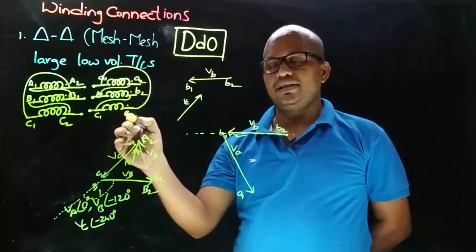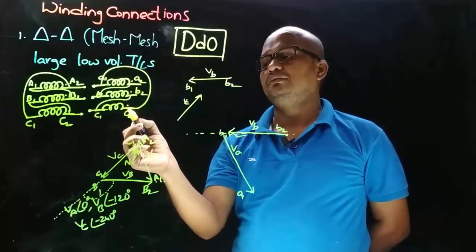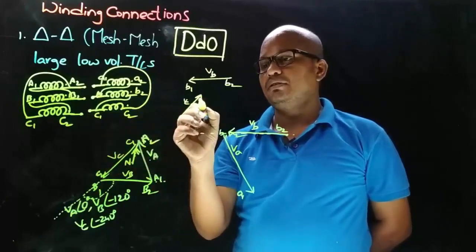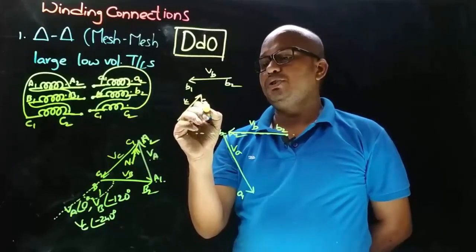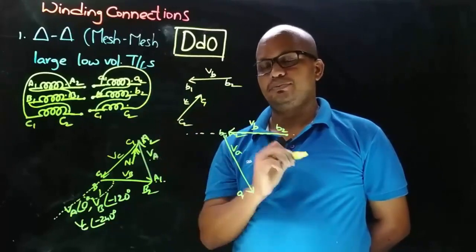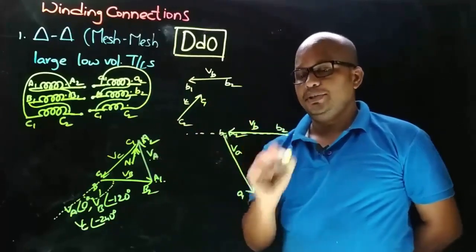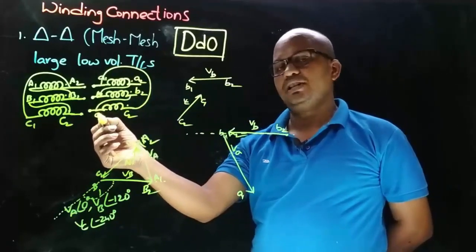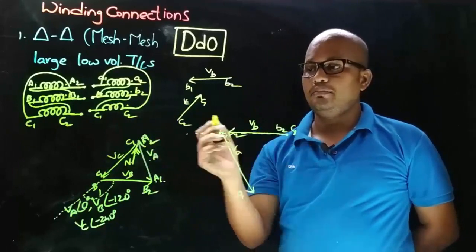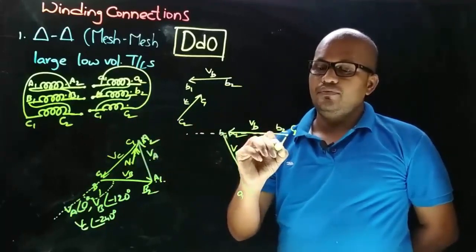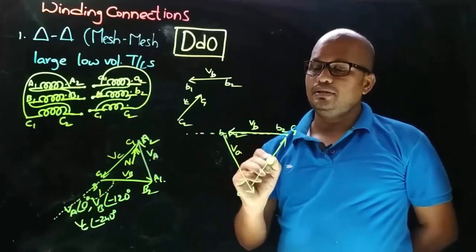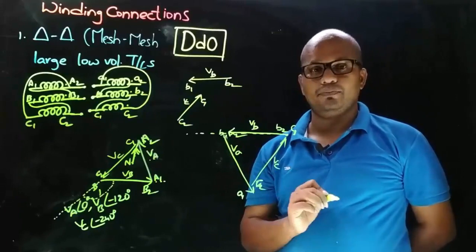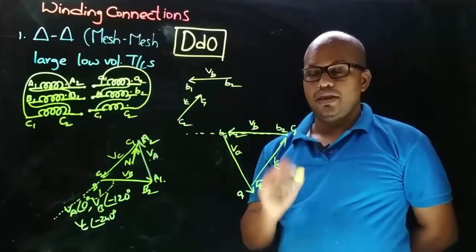And now let's decide the terminals of the secondary side VC phasor. On the secondary side the connection is taken from the non-dot end, which means the arrow will point towards C1. So this is C2. Now coming to this phasor diagram, to this B2, C1 is connected, which means C1 will be here, so the VC phasor will be like this. So this is C2.